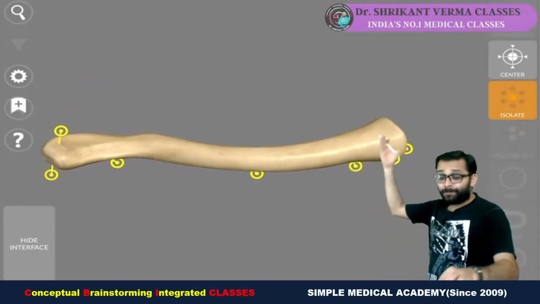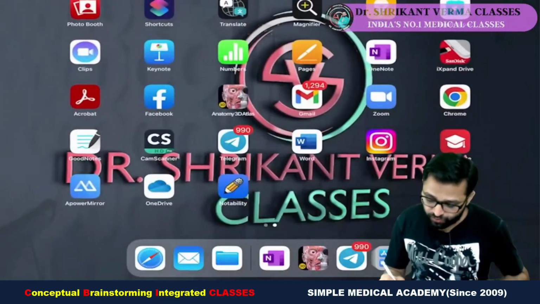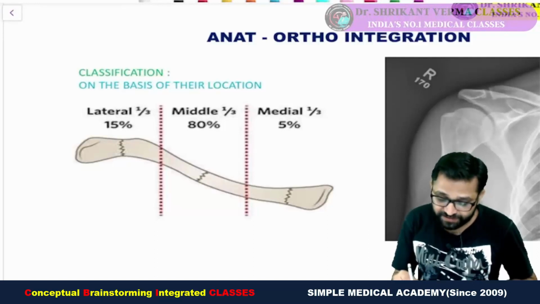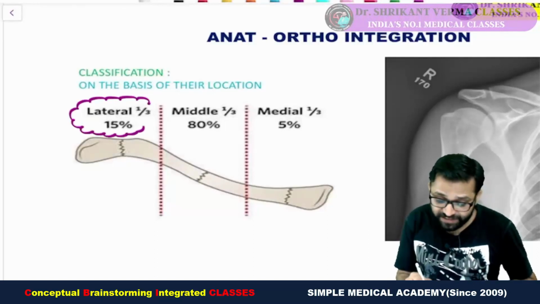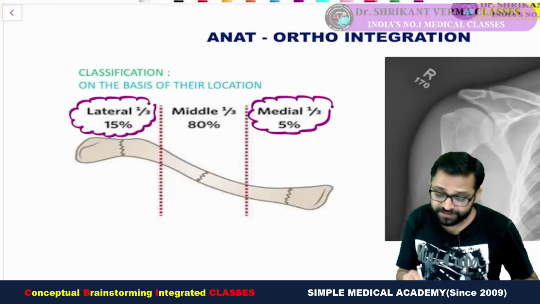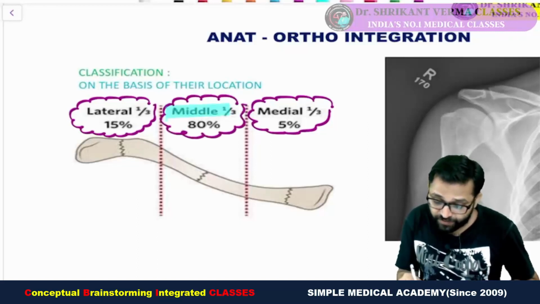Now it is having the medial 3/5 and lateral 2/5. Okay sir, now try to look here. There was the classification, the Allman classification according to orthopedics. A fracture in the lateral 1/3 is 15%. A fracture in the medial 1/3 is 5%, and the most common fracture site is our middle 1/3, that is